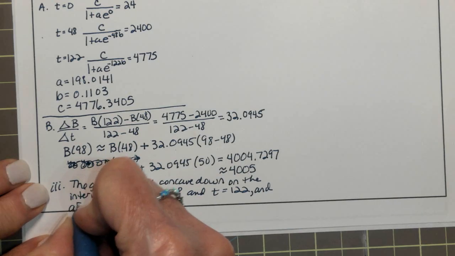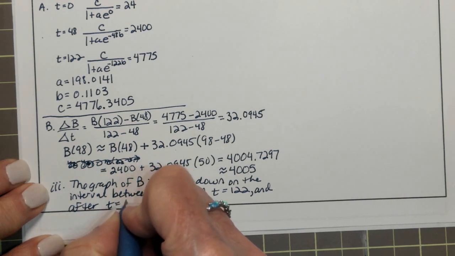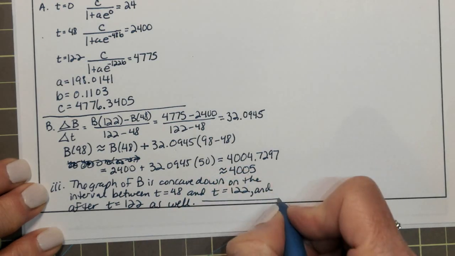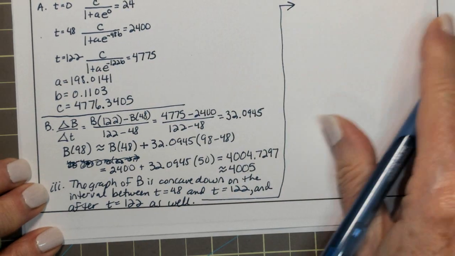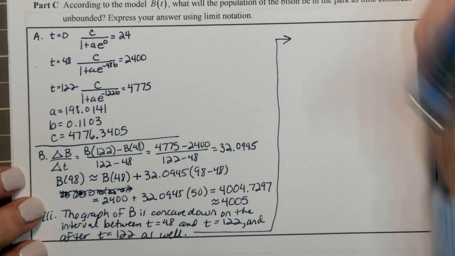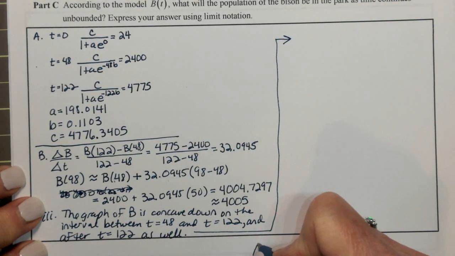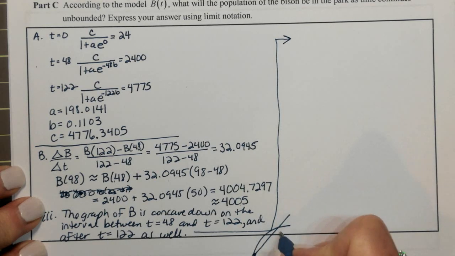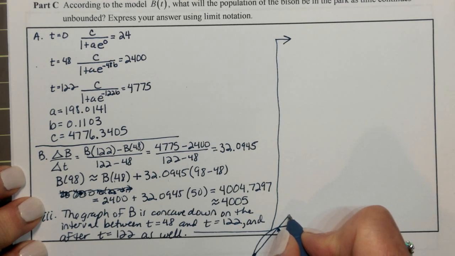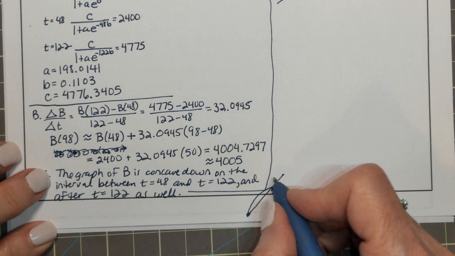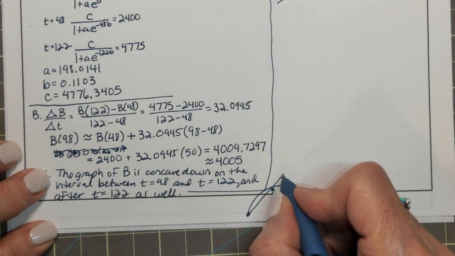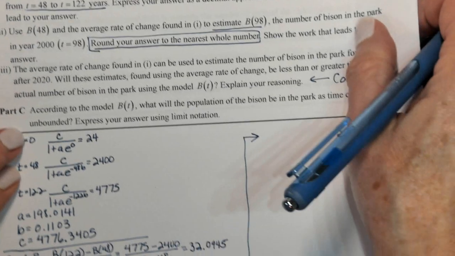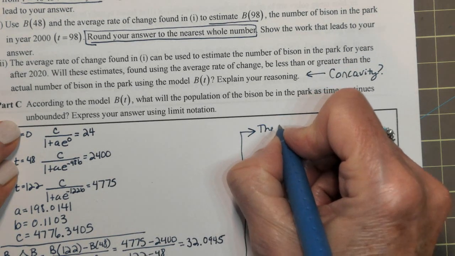And after t is 122 as well. Continue my thought over here. So, on that interval, think of that. The curve is concave down. We're using a tangent line. After this point, the tangent line will, not the tangent line, the secant line. After that point, the secant line will be above the actual value. Okay? The secant line